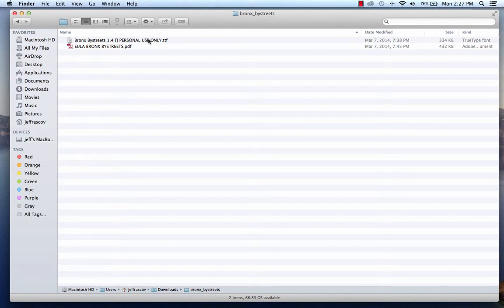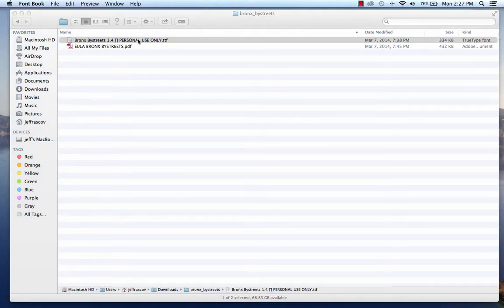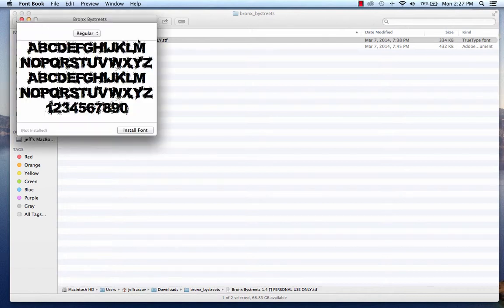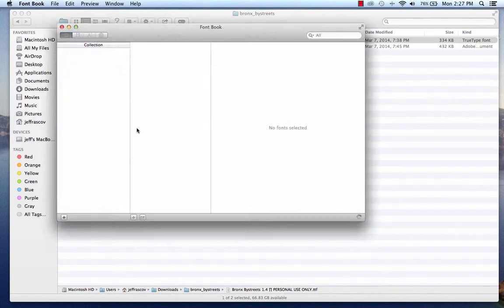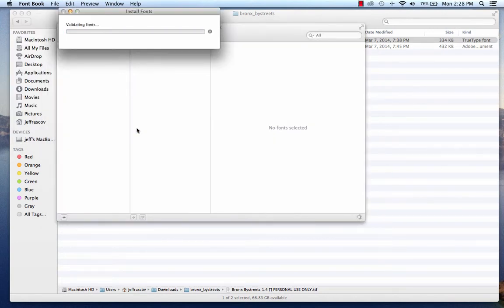If you want, you can double click on your TTF. If you're on Windows, you can do the same thing usually, or just drag it into the font folder. On Mac, you can just drag it into your Font Book. If you double click on it, most likely it knows it's a font, and then it'll say, hey, do you want to install it? Right here it says install font. If you hit yes to install it, it'll install the font